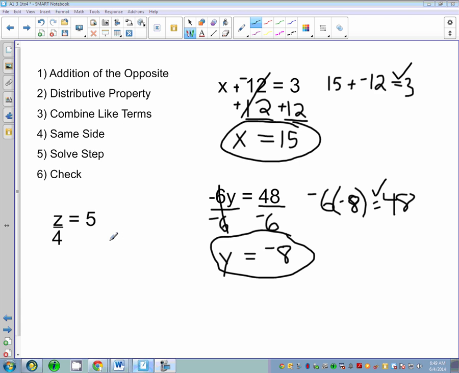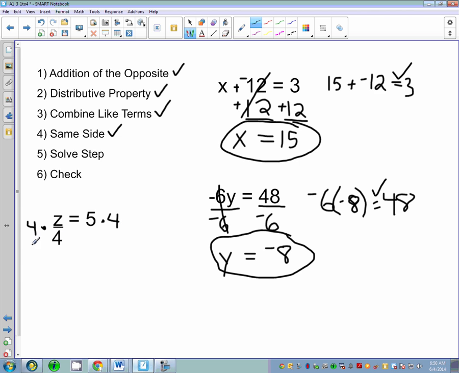In this third example, I have z divided by 4 equals 5. Again, let's go through our steps. There's no subtraction. There's no distributive property. I can't combine like terms. There's nothing to move using addition or subtraction, so I've jumped all the way down to the solve step. Here, I want to eliminate this 4. The 4 is dividing the z, so to undo that, I'm going to multiply both sides